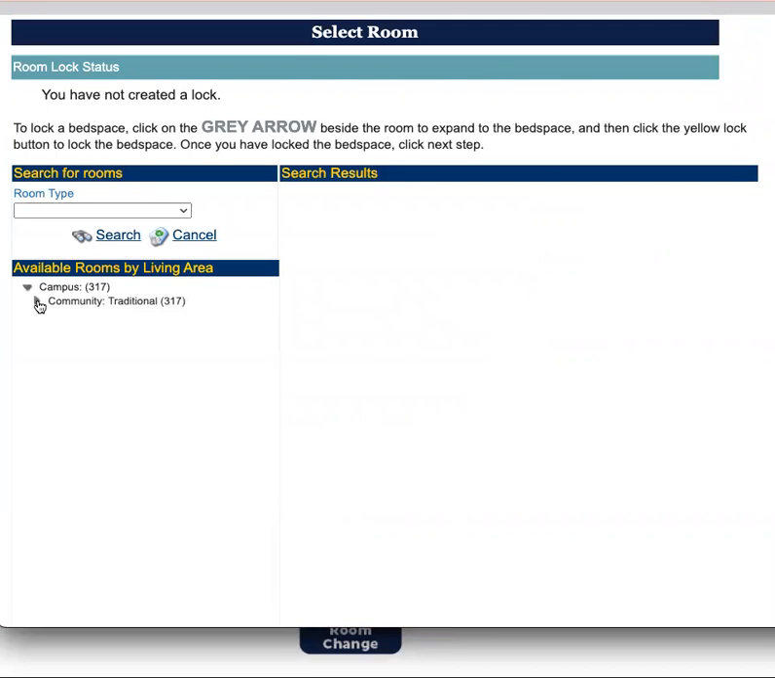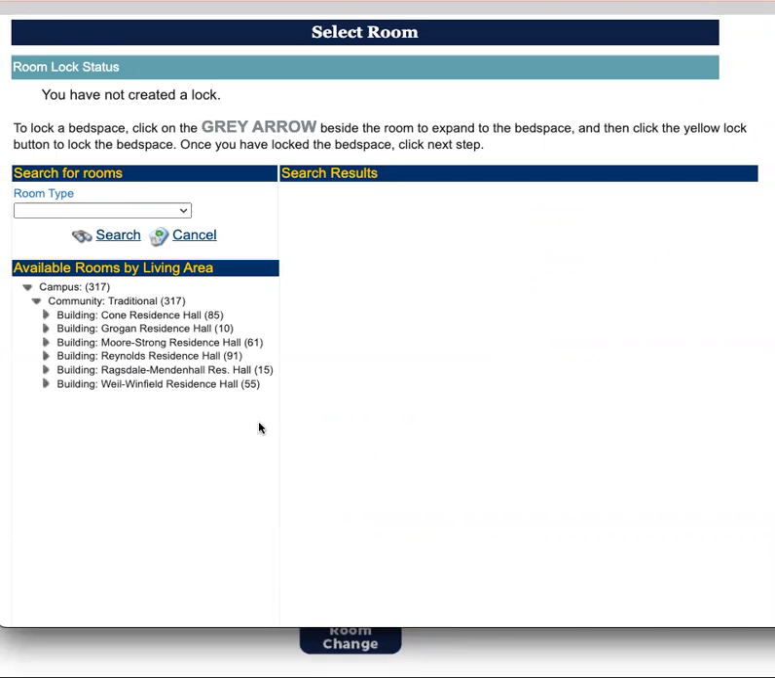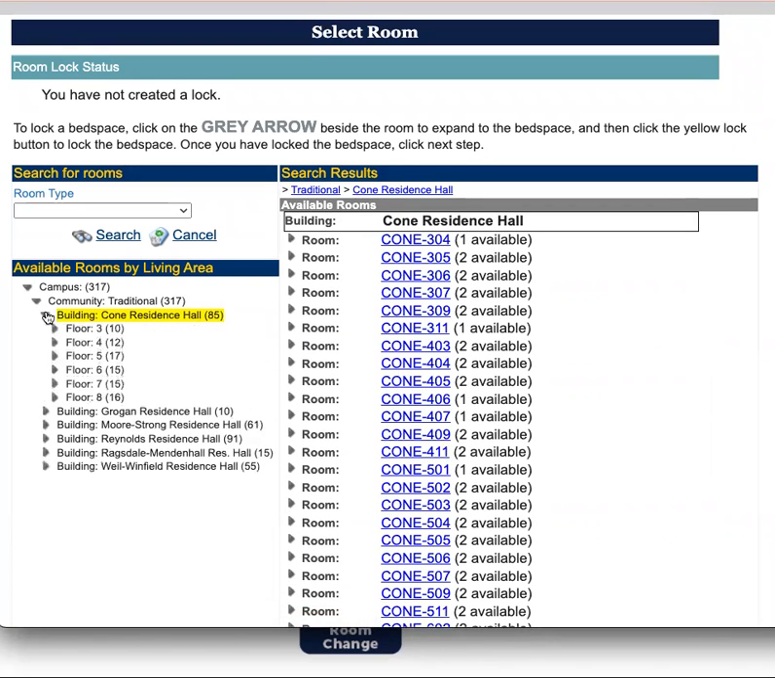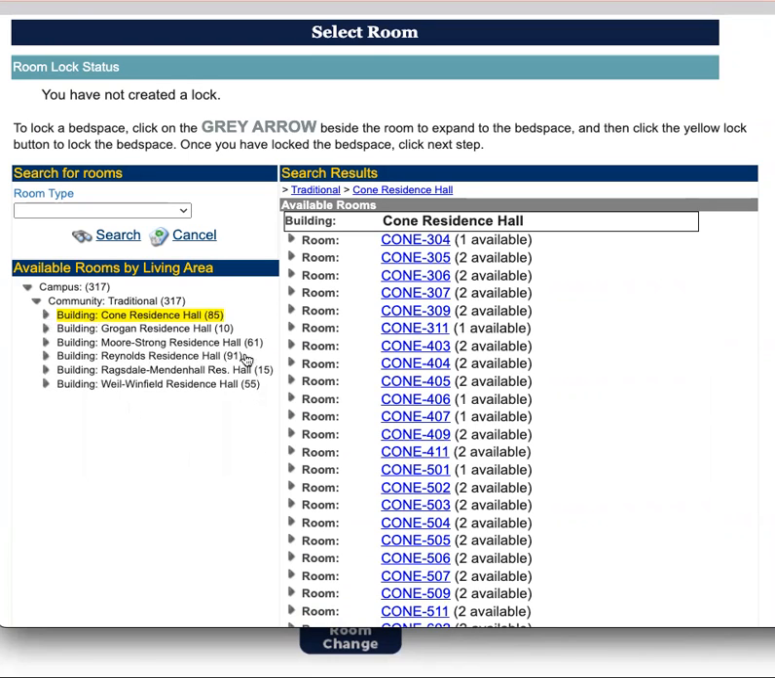And then all of our options that are available are going to be open over here. So you would just click on the building, and then it will show you all your options. You can also search by floor and you can see how many openings there are. And you're only going to be able to see those that are available to you. So we might have other options for other student types, such as living learning communities or honors or stuff like